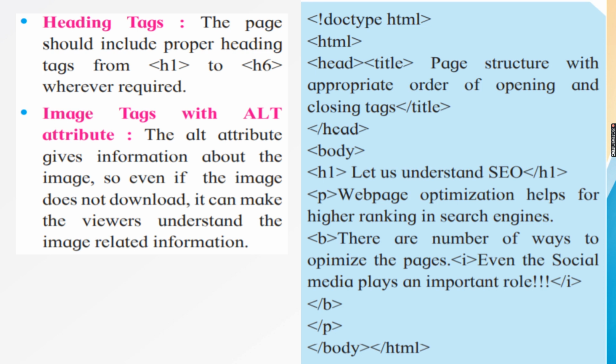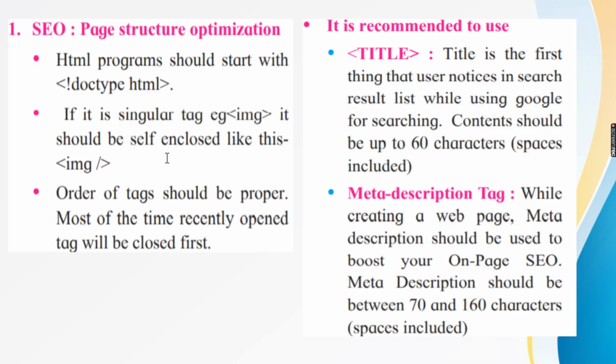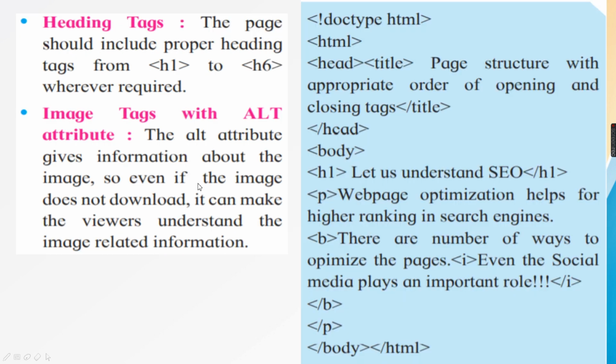Now in this example, it is demonstrating the use of tags, okay, which was here in the third point. So the order of the tags must be proper. Here, see, doctype HTML is used. See how the title tag is used. It's telling everything in so much detail. So the title tag must be nicely given. You can use a title in detail also, okay, because you are allowed to use 60 characters including spaces.